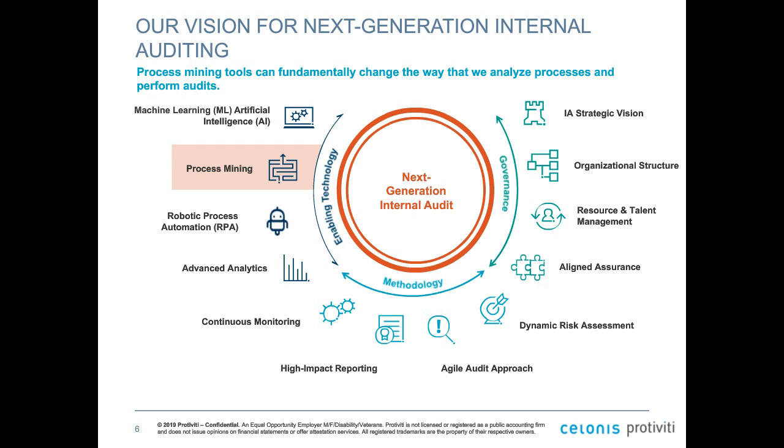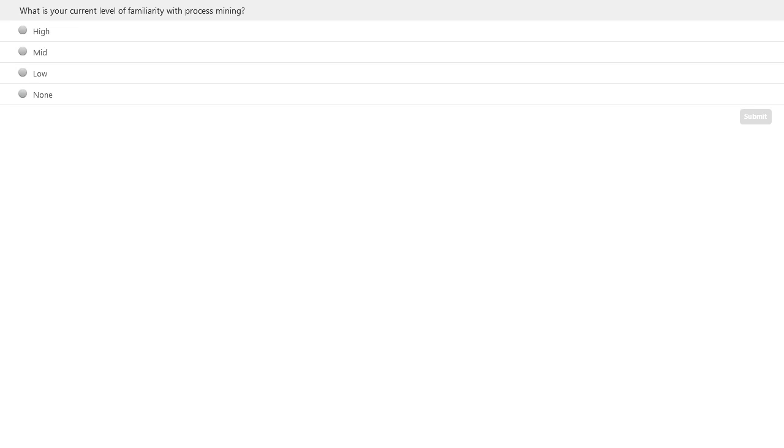But before we do that, I think we're going to take a couple of polling questions. And the first is really a base level set. What is your current level of familiarity with process mining? And we'll give a minute or two to address that. And just a reminder, to be eligible for CPE credit, as Lark said, you are required to respond to 3 out of the 4 polling questions, and you do need to do that through the webinar interface.